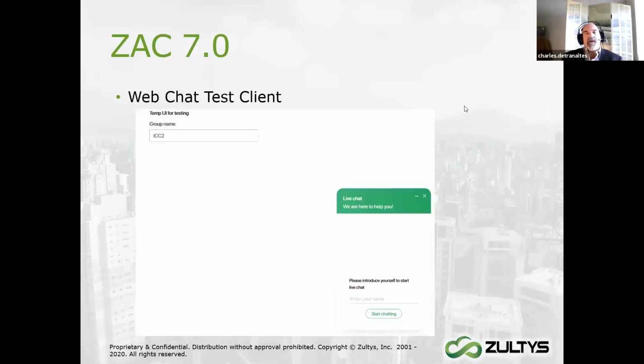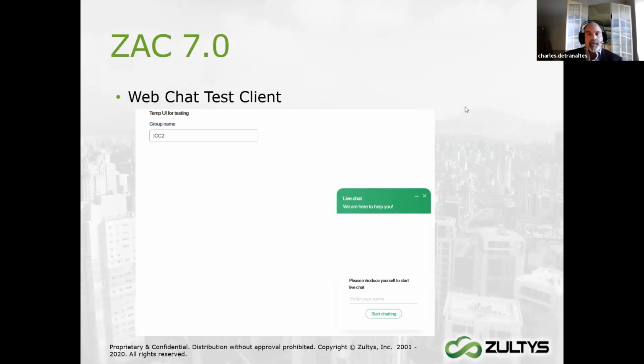And then I want to tell you about another item that we added to web chat in 16. This is very exciting. We've redone the web chat client files and the web chat client interface much cleaner, much nicer, much easier to integrate onto your website. That being said, on board the MX, we now provide what I call a web chat test client.